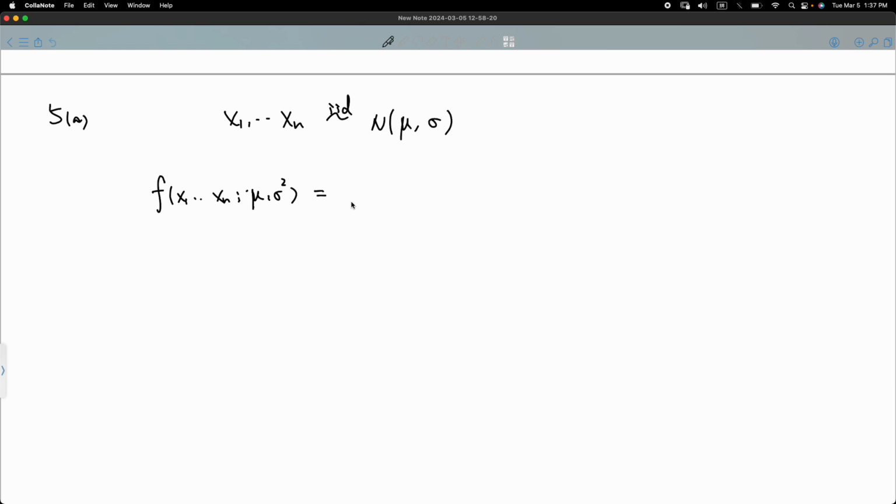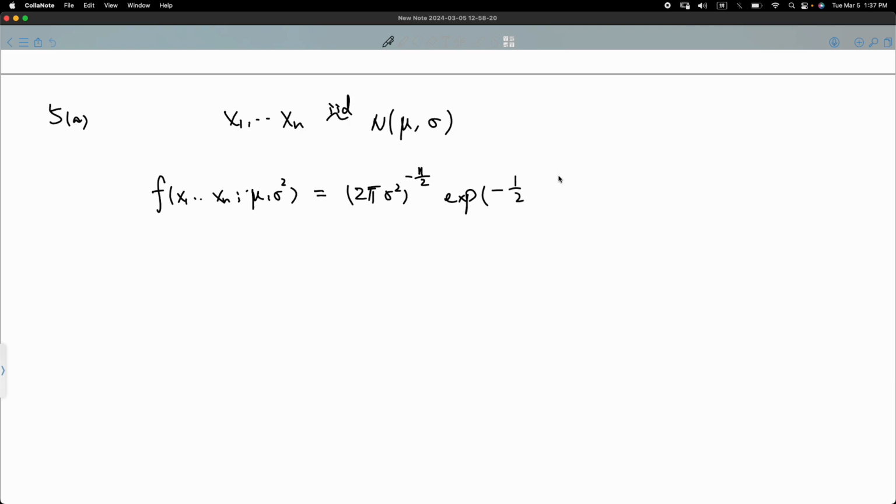So the joint distribution is going to be 2 pi sigma square to the negative n over 2. For one observation it's 1 over 2, but here we're taking the product, so it's n over 2. And then the exponential of negative 1 over 2